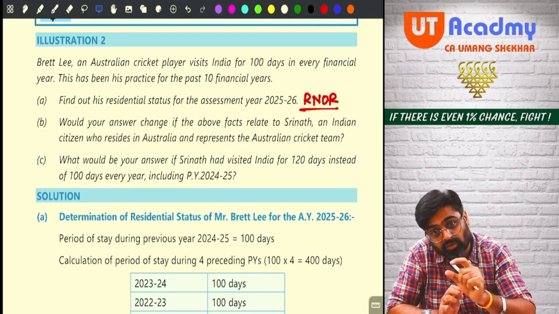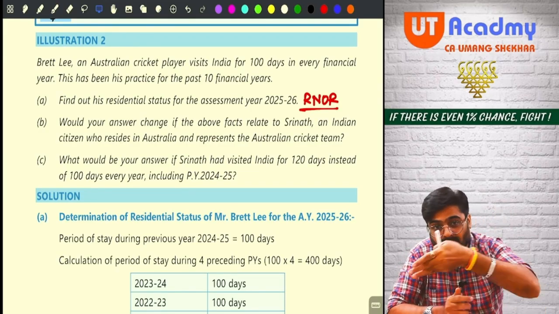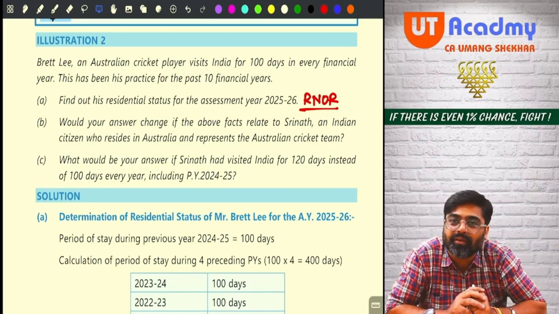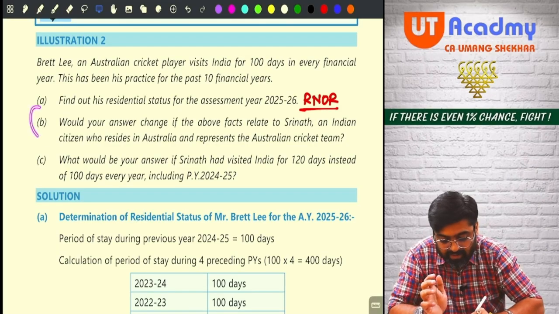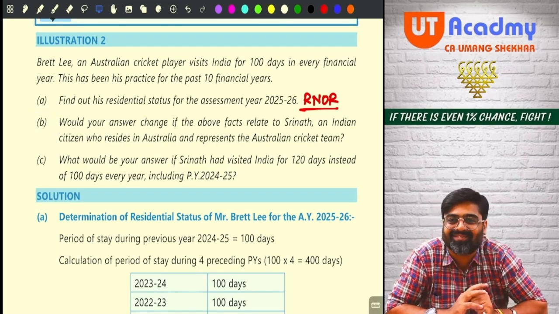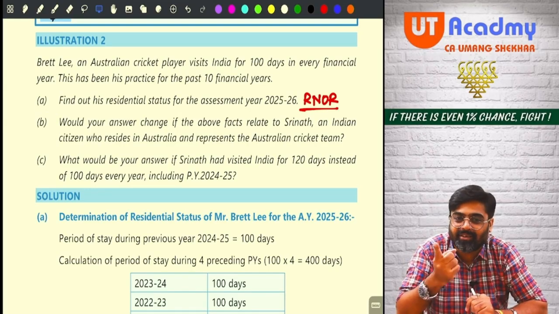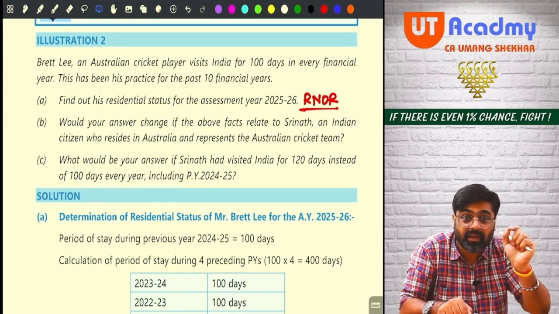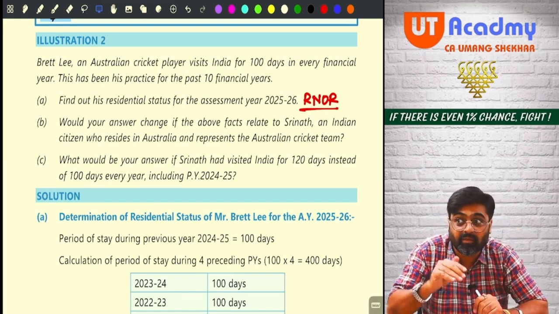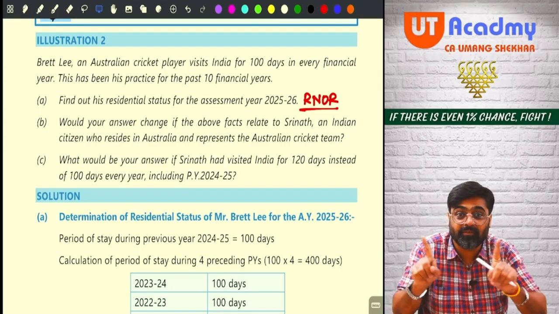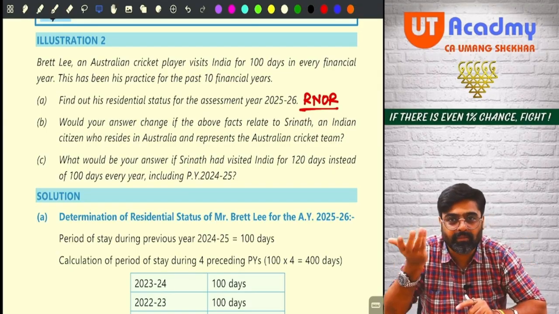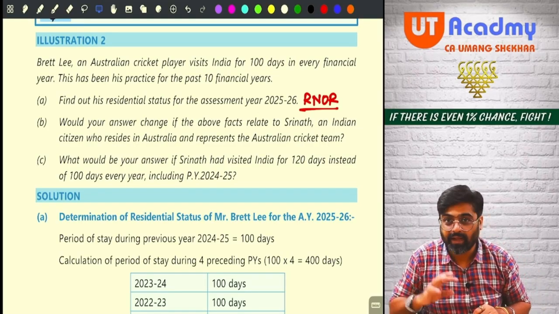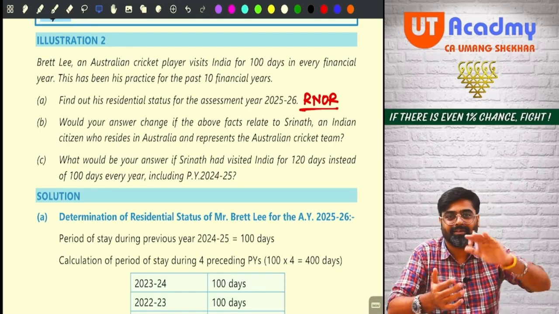If they tell you that his total income was more than 15 lakhs, then he will not be covered by this exception. He will be covered by the special case. So this question will make two assumptions. First assumption: Srinath is an Indian citizen coming to India for the purpose of visit and his total income is less than or equal to 15 lakhs, meaning that he will be covered by the exception. Basic condition B will not be checked. Only A will be checked, which is not satisfied because his stay is 100 days only, and B is not applicable. Srinath will become a non-resident.